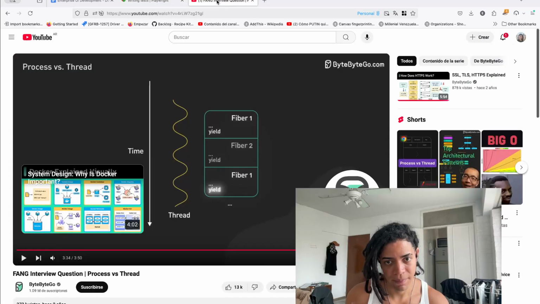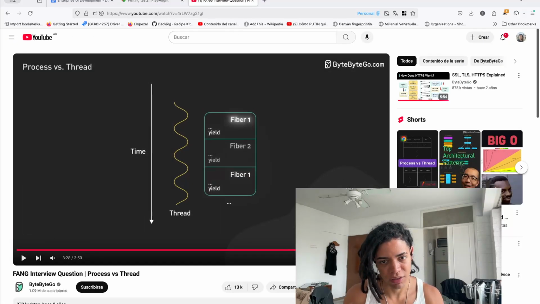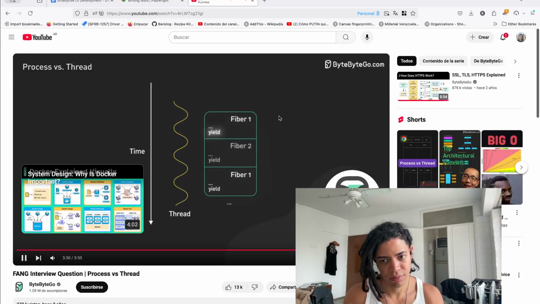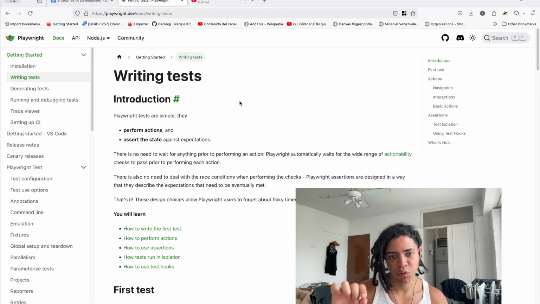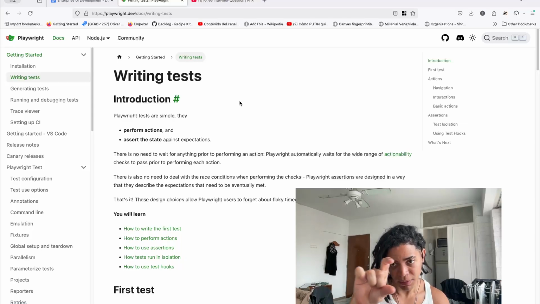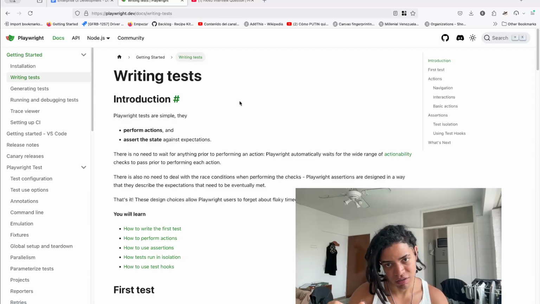It's the responsibility of the application to make sure a long-running task is